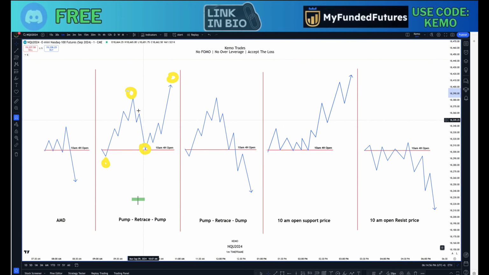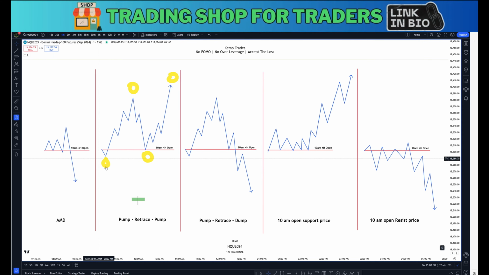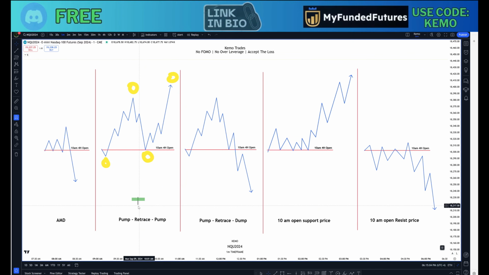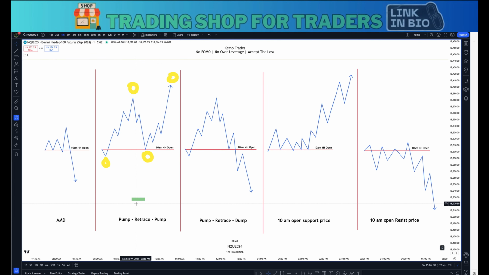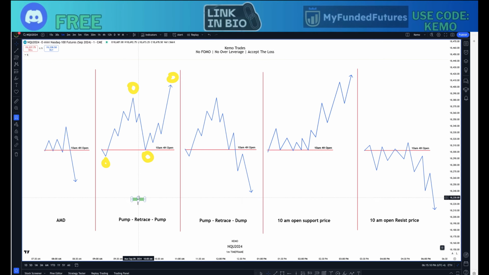I want to move it around so you can get the idea. When it's right there, it has no wick on the top and a little bit of a wick on the bottom,